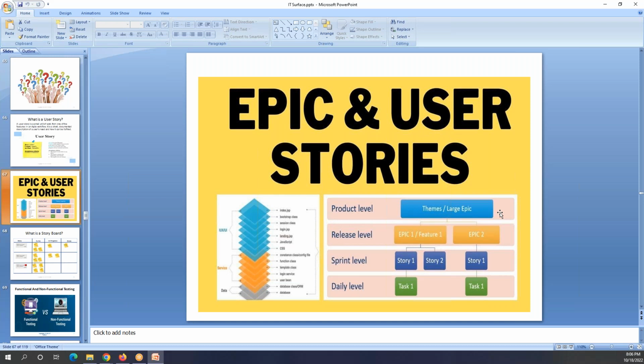Based on these features, they can create multiple stories, and based on the stories, the developer will create the tasks. So it's possible that for one feature or one story there will be multiple tasks. Any questions on this epic and user stories?